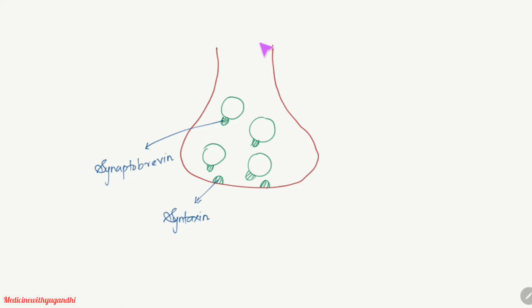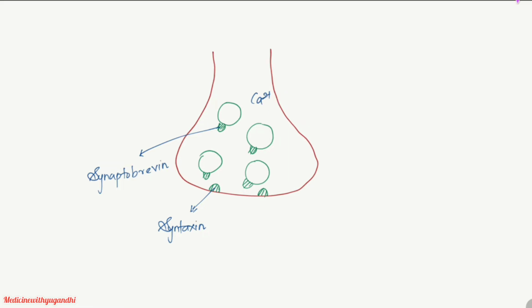So once the impulses are transmitted through the nerve, this leads to the opening of the calcium channels, and so there will be influx of calcium. And this calcium increases the affinity between the synaptobrevin and syntaxin. So they will come in close contact with each other, and once they get attached with each other, it leads to the opening of the vesicle so that neurotransmitter substance will be released at the presynaptic nerve terminal. So this is what happens in the normal mechanism, right?